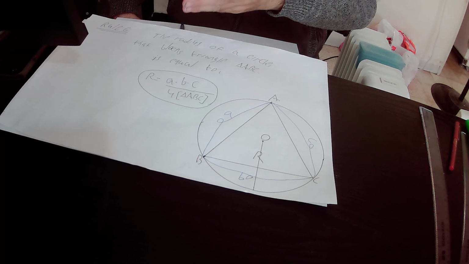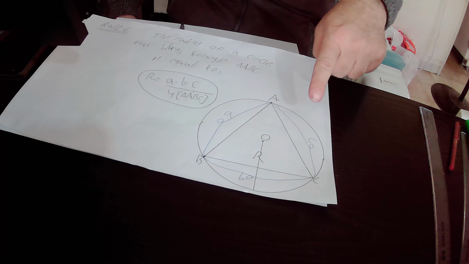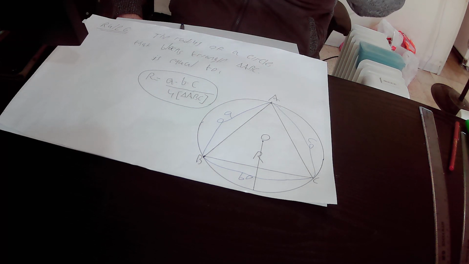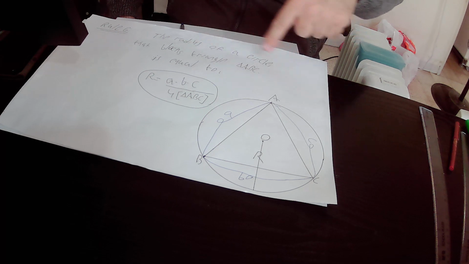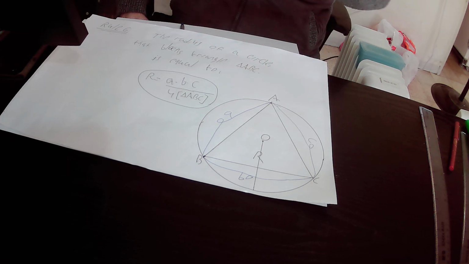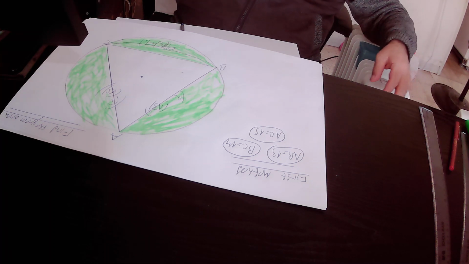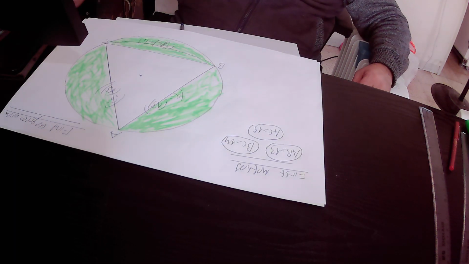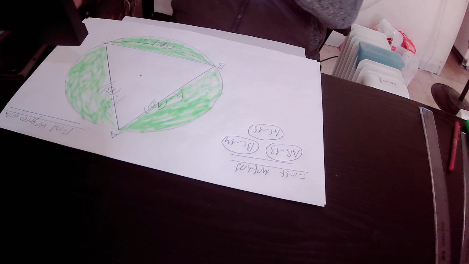So according to the new rule number 6, the value of capital R, that is the radius of this circle that blocks triangle ABC, equals A times B times C, that is the multiplication of the side lengths of this triangle ABC by each other, over 4 times the area of this triangle ABC. So we can actually implement rule number 6 in our drawing. I will remind you that we have already found out that the area of triangle ABC equals 84 square units. So actually, according to rule number 6,